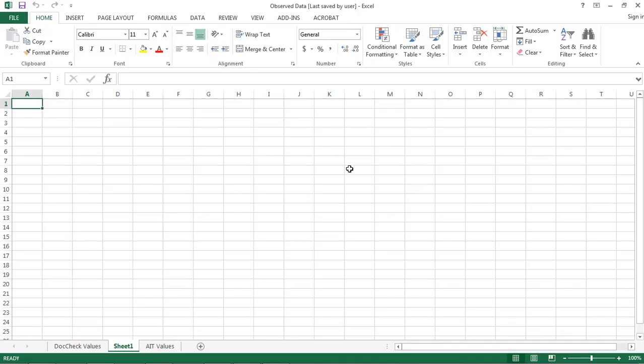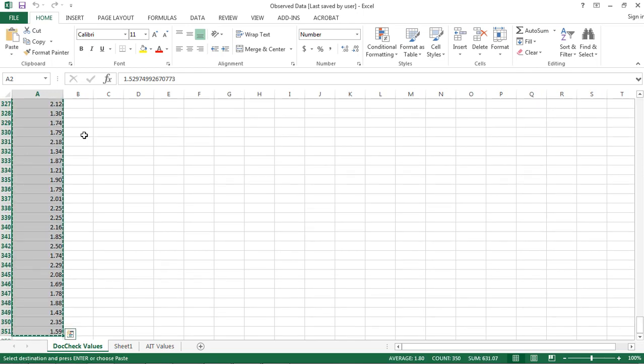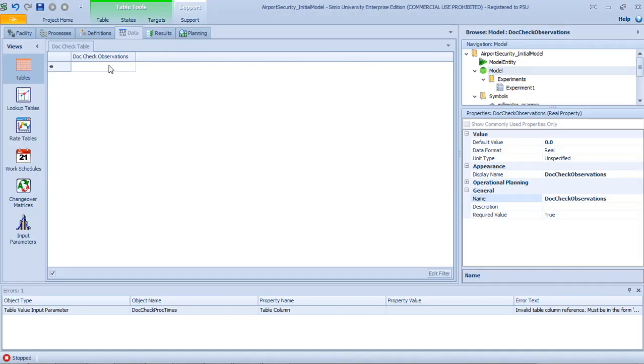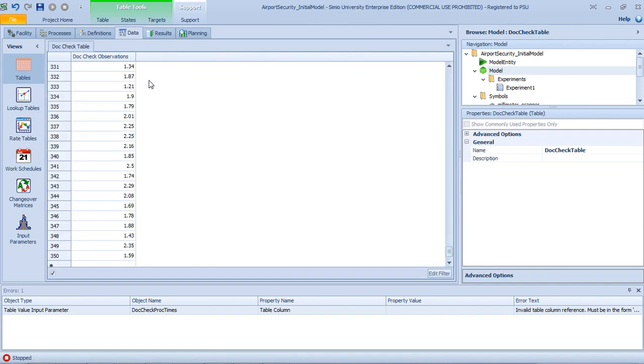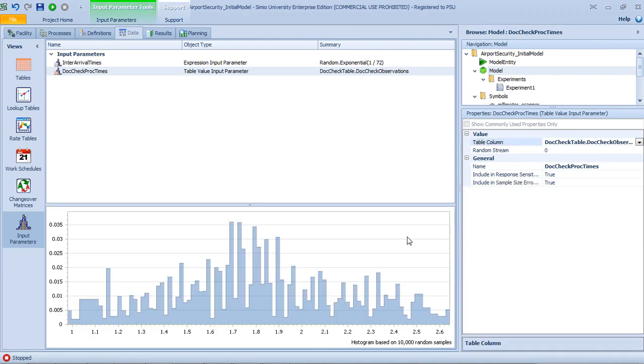And what I can do is go back to my Excel worksheet and simply copy my observations and paste them in Simio. So now I have my observations stored in this table. Now I can go back to my input parameter, docCheckProcTimes, and tell Simio to use that column in the docCheck table. And what Simio does, it generates a histogram based on a sample of size 10,000 drawn from this